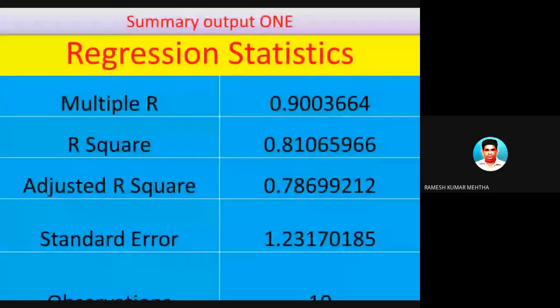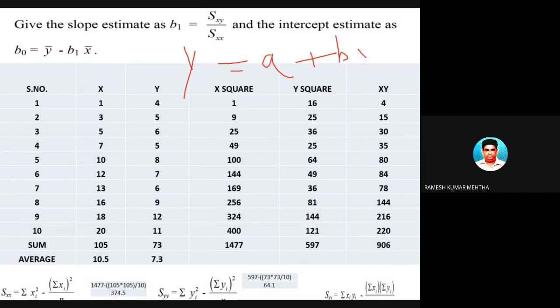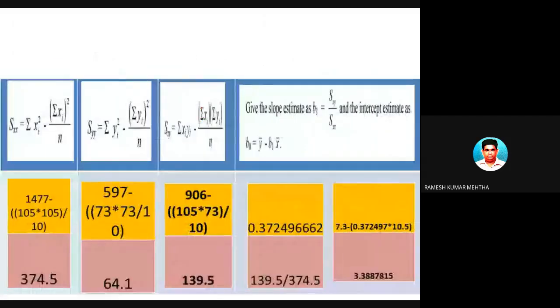So we have completed all this stuff, and this was the last slide, and this slide spoke about how, in case of the equation y is equal to a plus bx, you find out the value of b, and how you find out the value of a, and later once you have found the values of a and b, you can find out y predict with the help of the given x values. So in the last class we discussed all the stuff related to y is equal to a plus bx, and